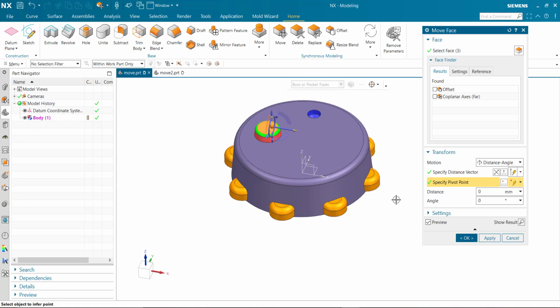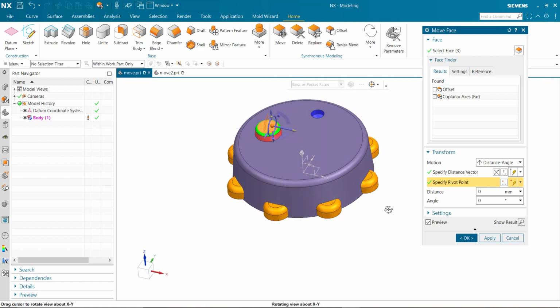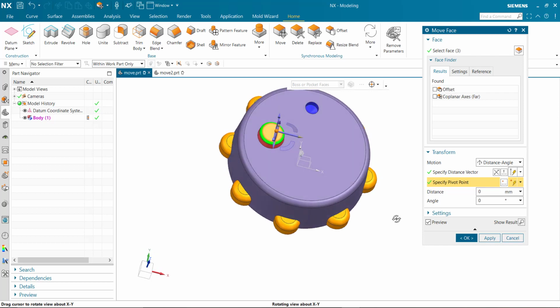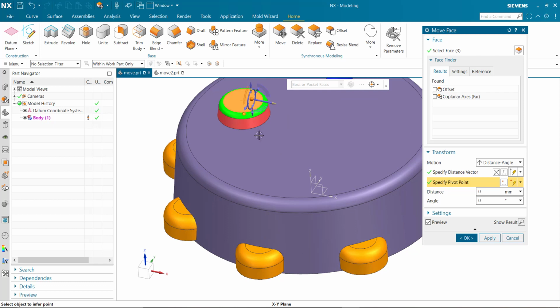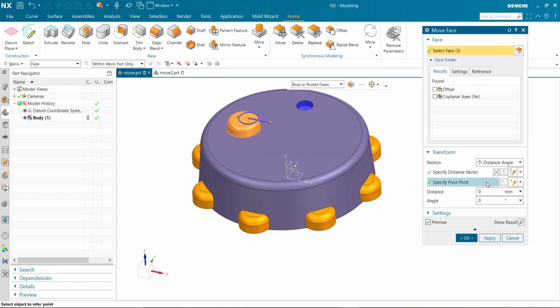Pivot point means rotation point. While selecting pivot point, we need to select the XY datum plane as highlighted here. Select.